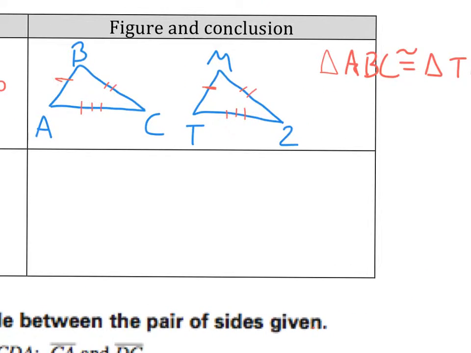So we're going to draw some sort of triangle. Again, it doesn't matter. Mine just happens to look like a right triangle. It doesn't have to be right. The important part is not that it's right. The important part is that we have stuff that looks alike. So here's a pair of sides, and here's a pair of sides. When I say included angle,